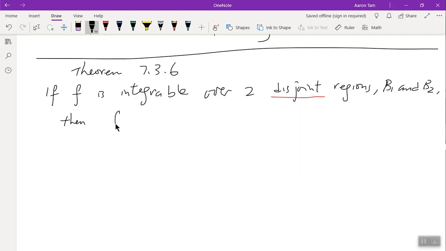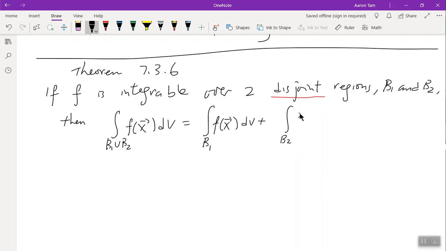Then if you take the integral over the union of B1 and B2 together, that would have to equal the integral over B1 plus the integral over B2. And if you think about it from a geometrical standpoint, it makes sense, in the sense that when you integrate this, you get the volume over B1, and then you integrate this, you have the volume over B2. So when you add them together, you get the total volume over B1 and B2 together, which is what this states. Now, of course, there's this one important word that needs to be considered,